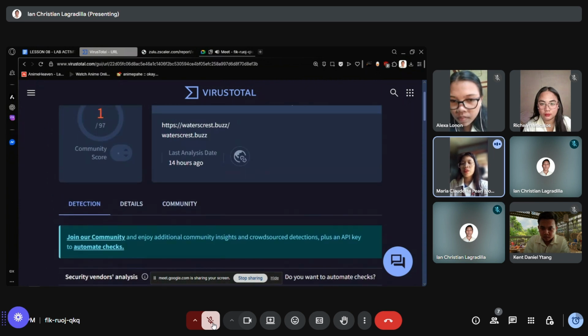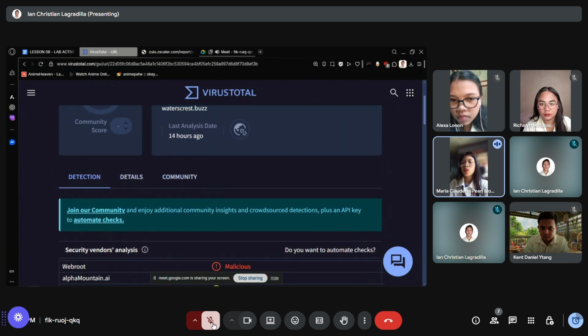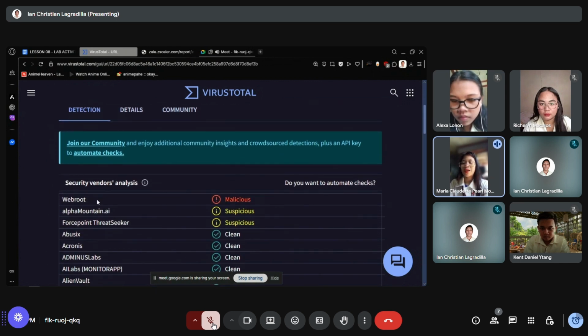Based on these results, we can already see mixed indications. One tool flagged the URL as malicious, while the other marked it as safe. Because of this inconsistency, we'll continue with the rest of our analysis. In cybersecurity, even a single warning should be taken seriously, so we proceed with caution.